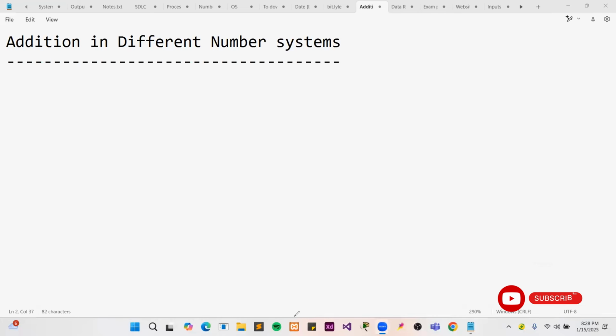Yeah guys, in this video session we have to see about the addition part. That means in different number systems how we can add those numbers in an efficient manner. For an example, we'll consider the decimal number system,